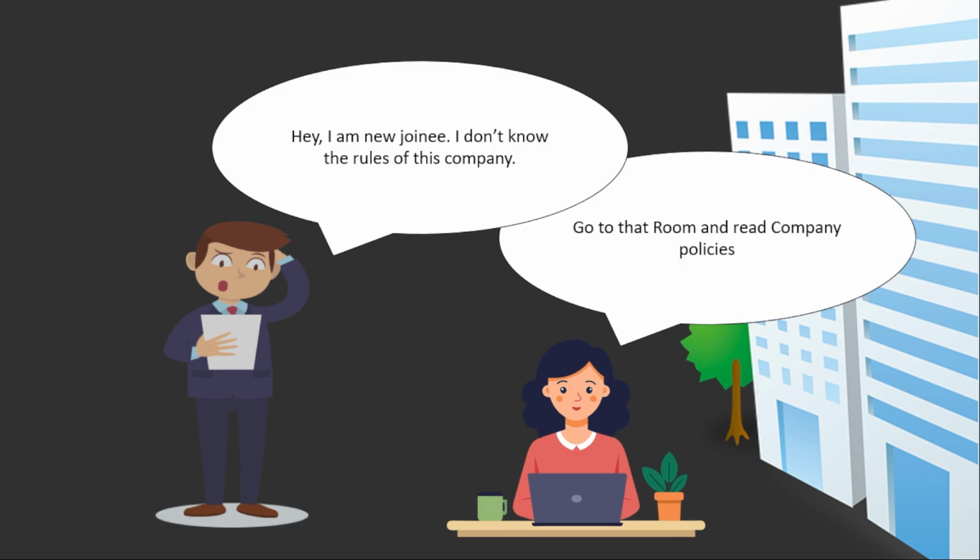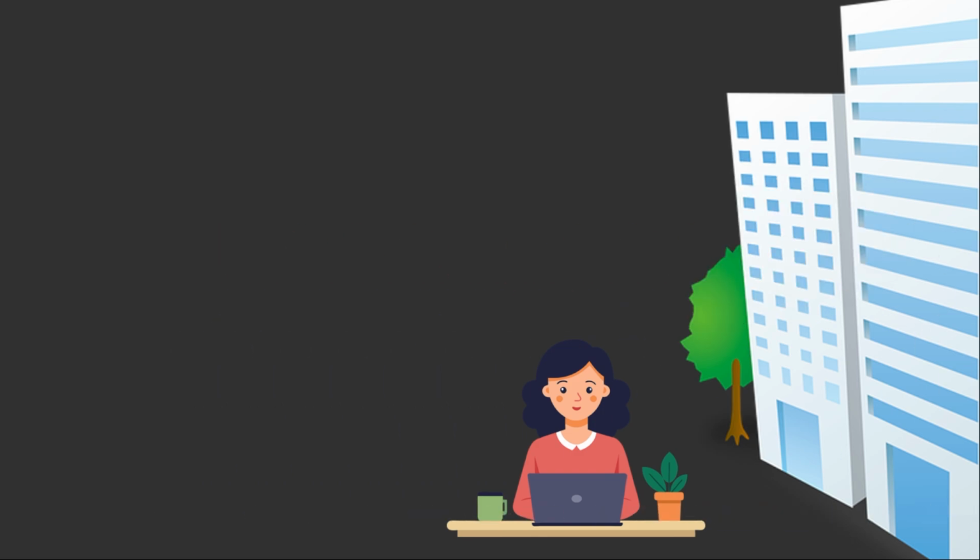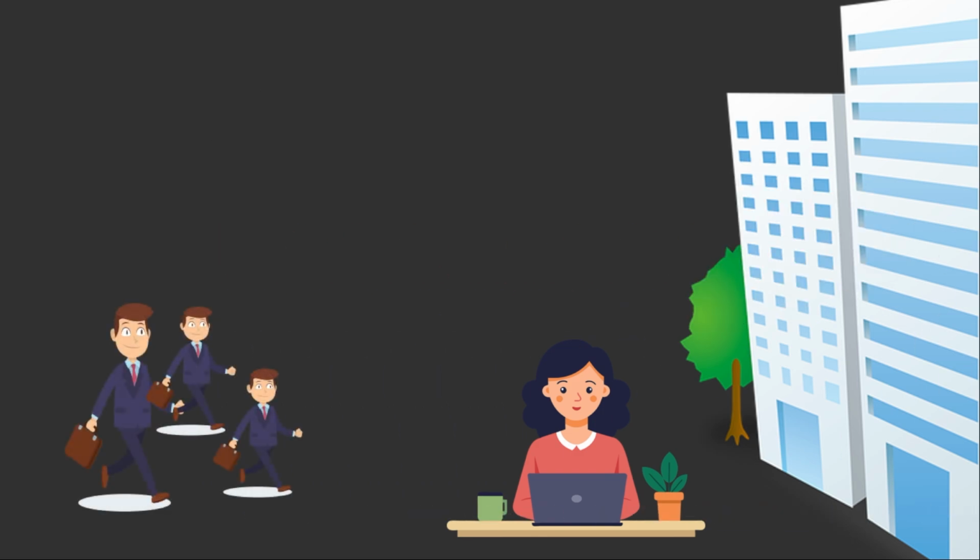That room we can reuse. So for every new employee that comes to the company, the receptionist will just point her finger to that room, and the employees will go to that room, read the policies and go away. In this way, the receptionist does not have to individually tell all the employees the rules and policies of the company. She will just point her finger and the employee will go and read the policy. So that room is kind of a custom setting which we can reuse every time we need to perform an action. Now the definition of custom settings makes more sense, right, than what we read earlier.